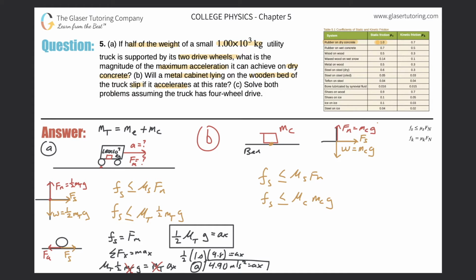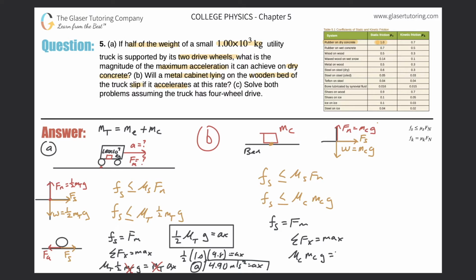Think about where we're going to go next, right? We're really in the same spot as we were over here. So we have to realize that, again, the force of static friction here is going to be equal to the force of motion propelling the cabinet forward. So what that means is that we get down to this formula: the sum of the forces in the x direction should be equal to the mass of the object that is accelerating multiplied by the acceleration of that object. So we're going to be substituting this into our force equation. We have the coefficient for the cabinet times the mass of the cabinet times gravity